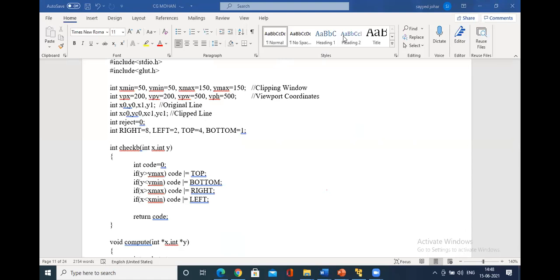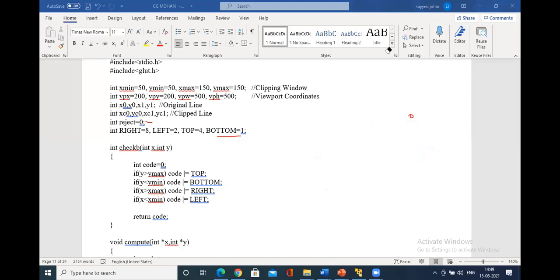So in binary, how do you write 8? It is 1 0 0 0. Sorry, right is 1 0 0 0. Similarly, for left, it is 0 0 1 0. So this will take the binary left values. So we have borders right, left, top, bottom, right? So initially every line is acceptable, hence we initialize reject equal to 0. Initialize right, left into binary values, that is 8 4 2 1 as such.